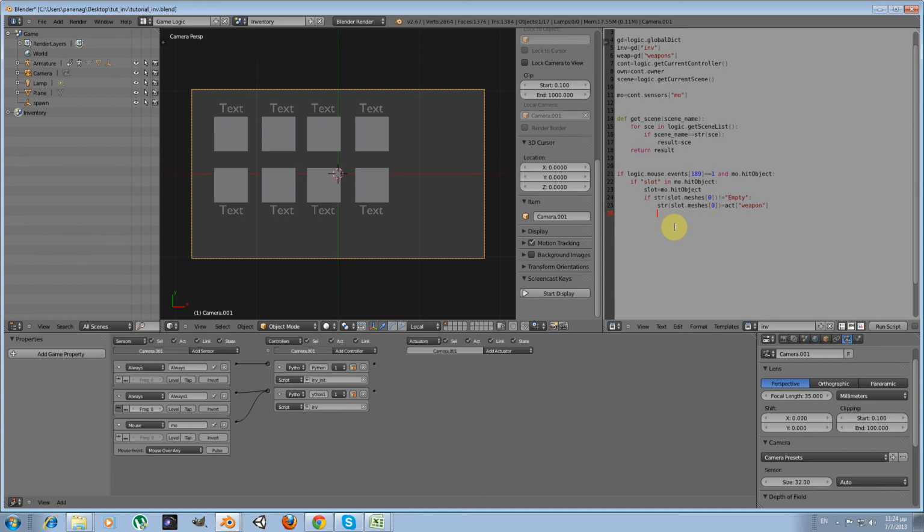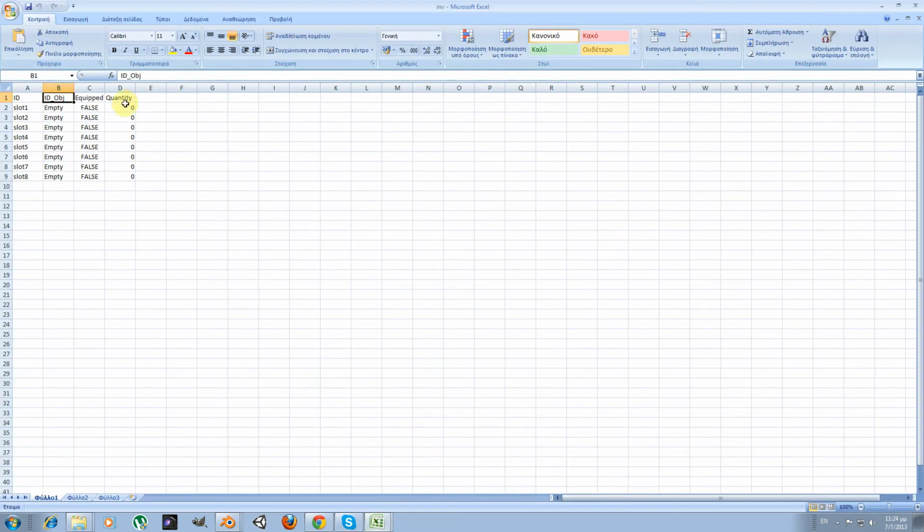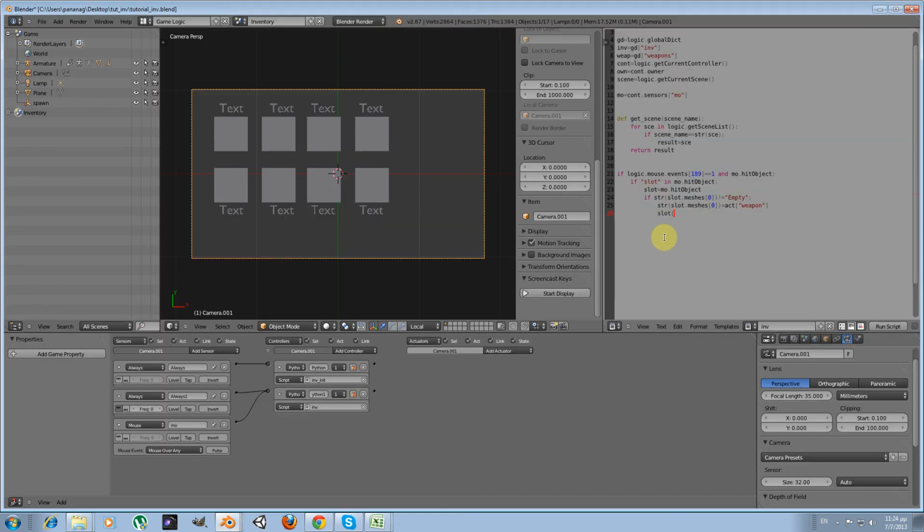And furthermore, we are going to have to update our databases. And first of all, inside the inventory, we are going to change the slot to active, this here, the equipped state to true. So slot equipped equals to true. But before this, we need to clear all the true values before assigning a new true value,